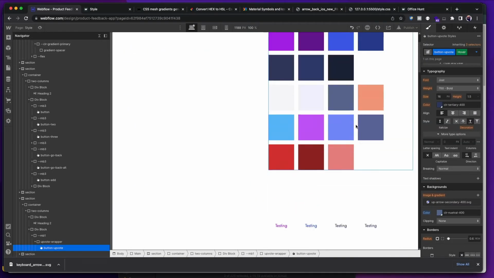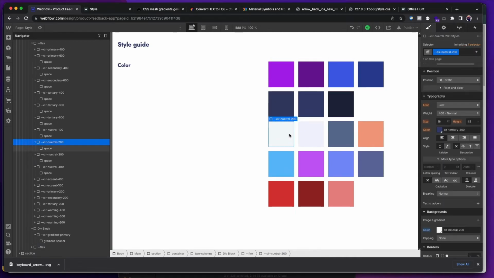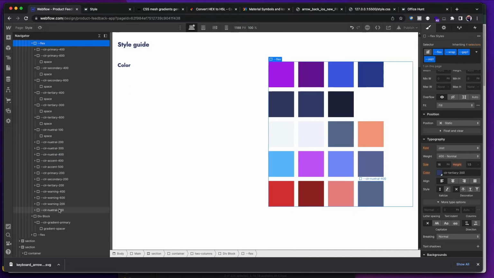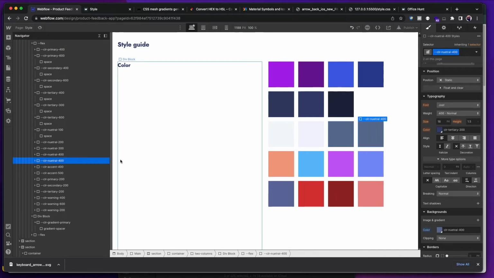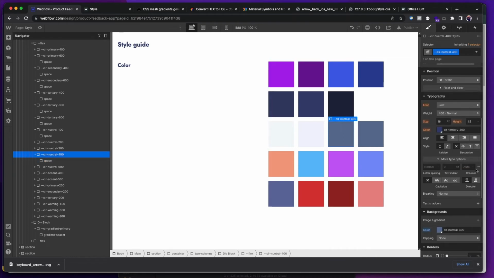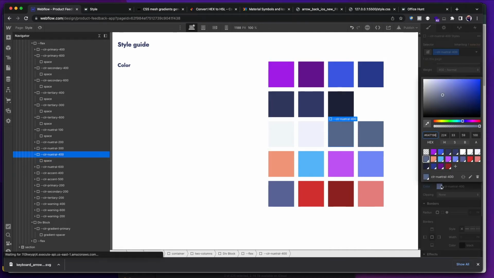So let's go up to our color neutrals here. And color neutral 200, 300, 400. So what we're gonna do, I probably messed up by not leaving enough space here. Let's take our color neutral 400 and let's copy it, bring it back up here. And then what we want to do is actually duplicate this class and just let's make this 600,